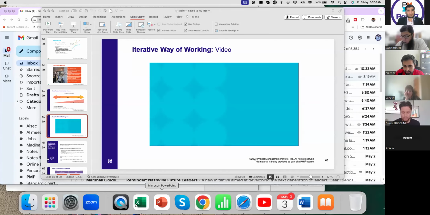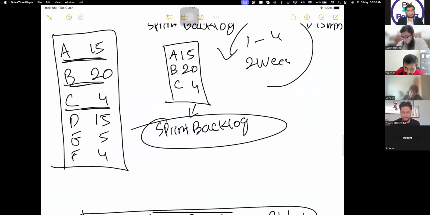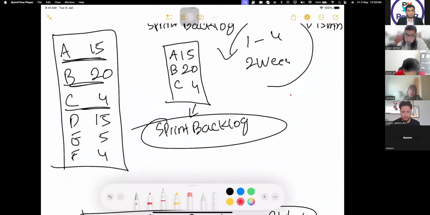So let's first talk about the first thing in sprint review. Sprint review consists of two parts. The first part is demo. After 2 weeks, in the sprint review, you have a demo. In the demo, you show the customer only those user stories which have been completed.